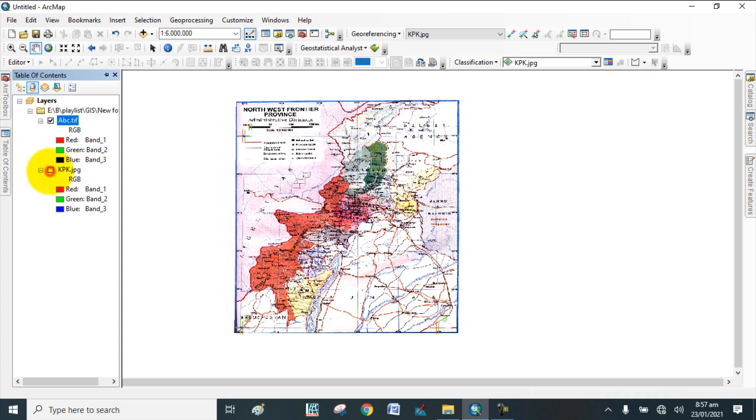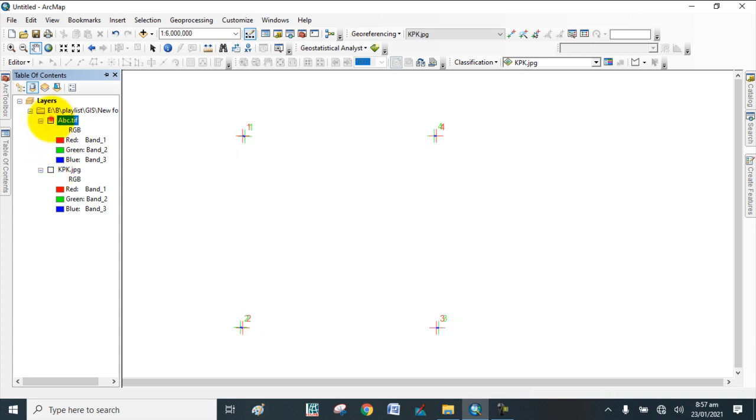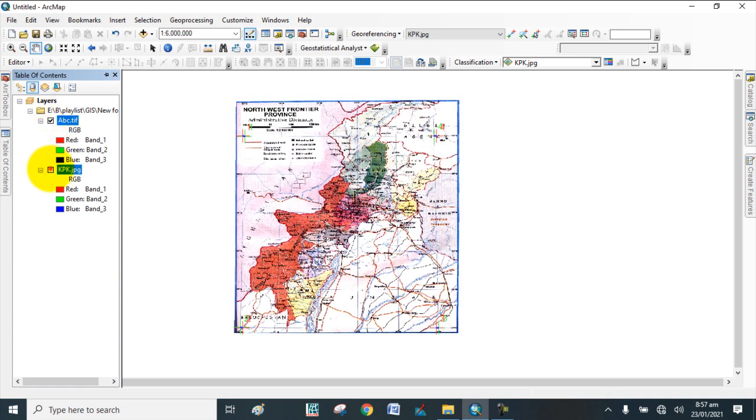So compare both the maps, we can see the results. Here the accuracy is almost negligible, less than 1, which means we georeferenced it with accuracy.